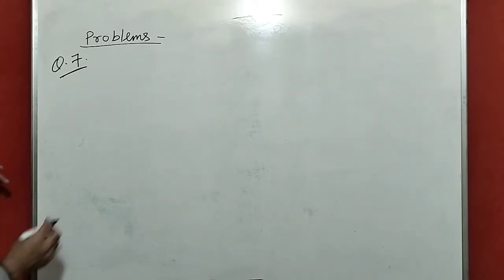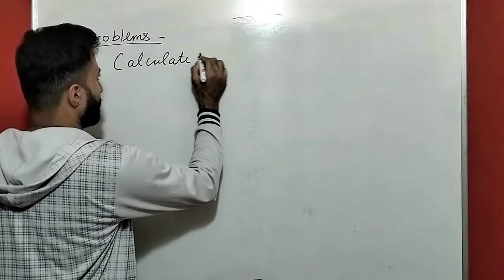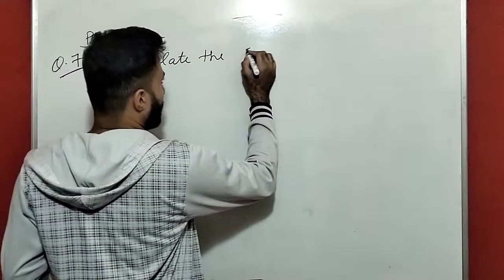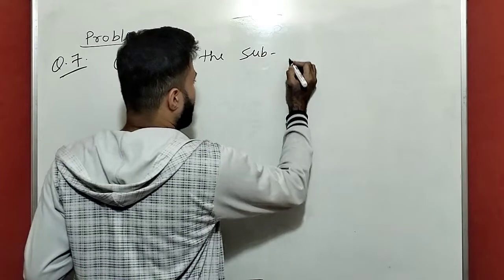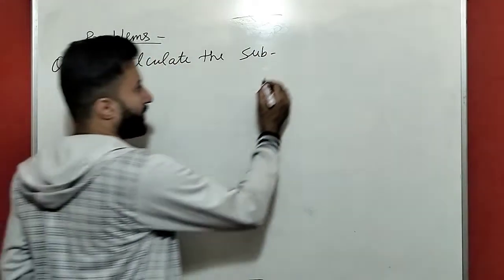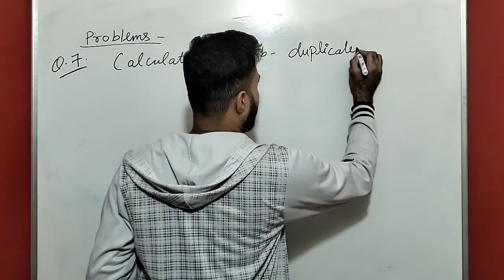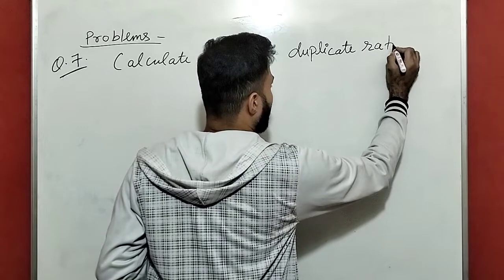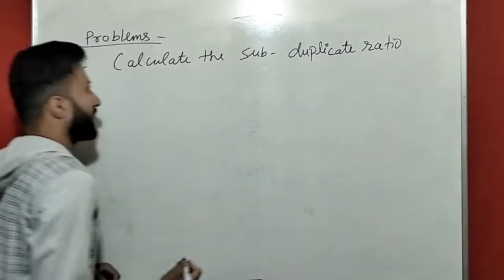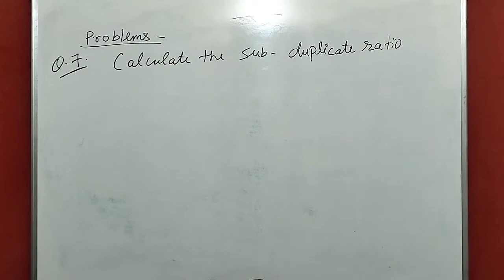Question 7. Calculate the sub-duplicate ratio. Sub-duplicate ratio means you have to find the square root, and I have told you in the last video the calculator tricks on how to find the square root with the help of a calculator. Calculate the sub-duplicate ratio of